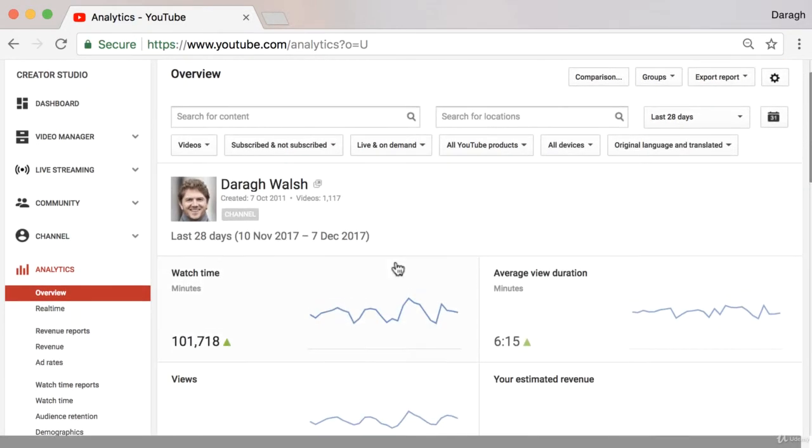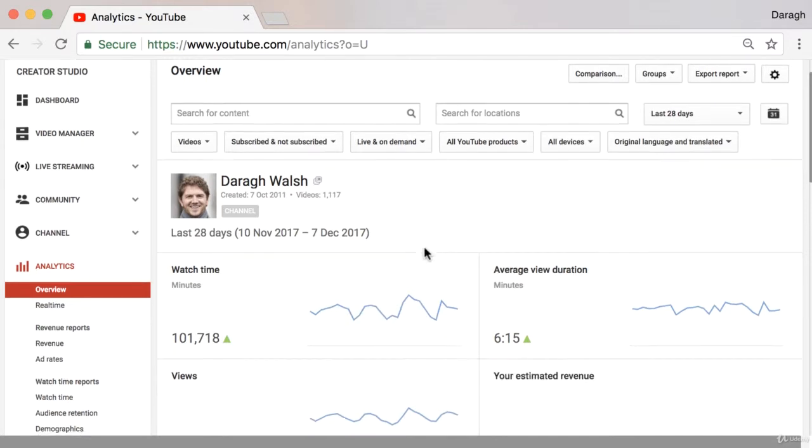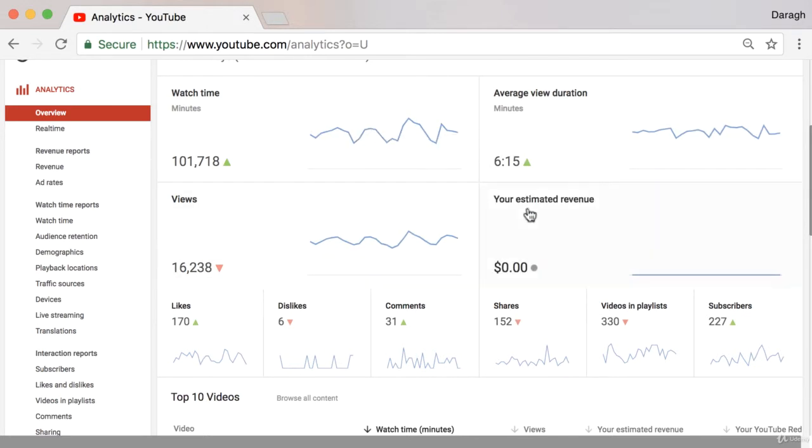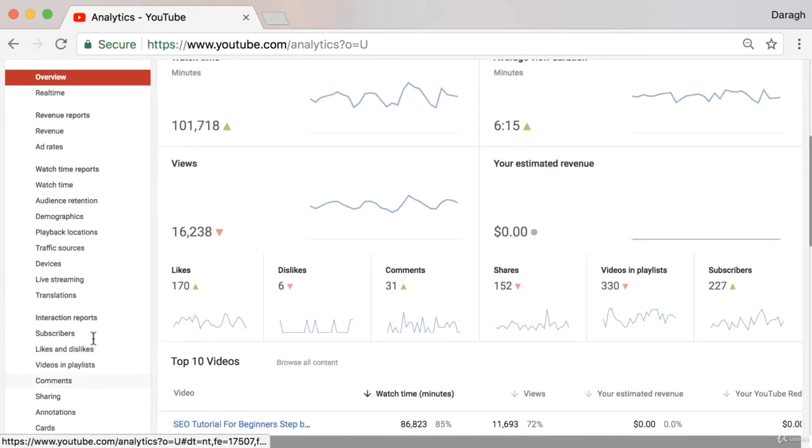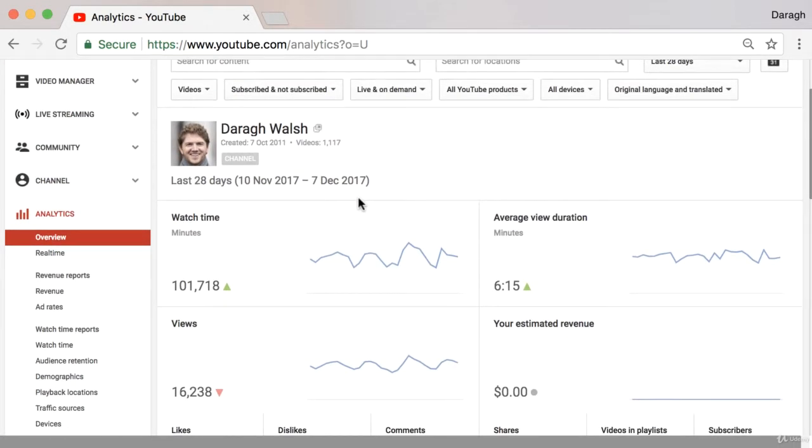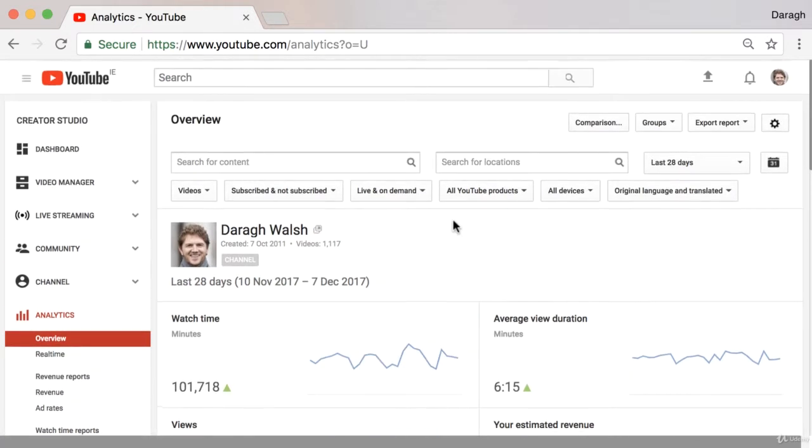Now it's worth just taking a minute to explain how everything is laid out. What we are seeing here is an overview report. You can see that there are graphical representations here of some of the YouTube reports. So these are really overview reports and graphs of all of these reports that are listed out here in the sidebar. And these are the reports that we're going to be digging into to really analyze them and understand them more. But you can come into this overview tab just to get a quick overview of the performance of your